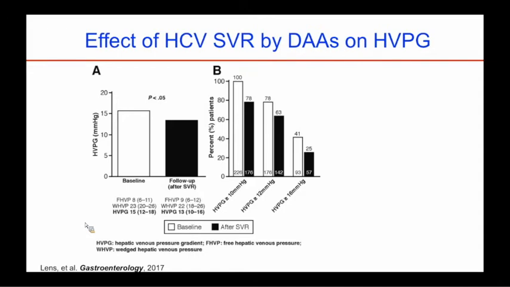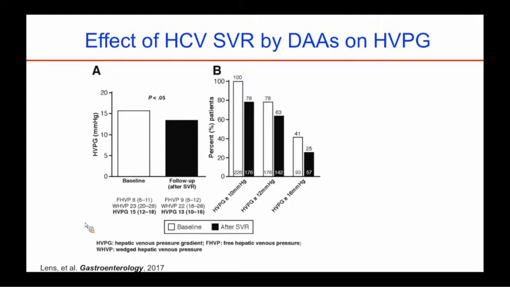They were assessed for HVPG and liver stiffness 24 weeks after SVR. A couple of things are worth noting. Again, very advanced patients. In aggregate, there was a significant decrease in HVPG, but the mean HVPG overall was still in the portal hypertensive range. So these are, as you would predict as a clinician, patients who still need complete monitoring and are at risk. The second thing is for those patients who had greater than 10 millimeter